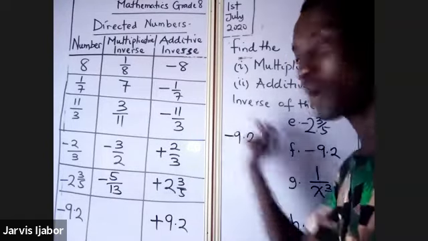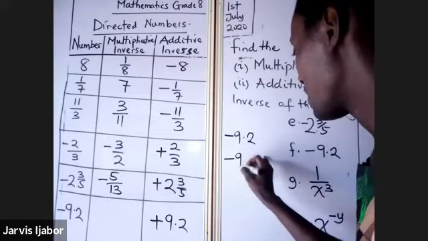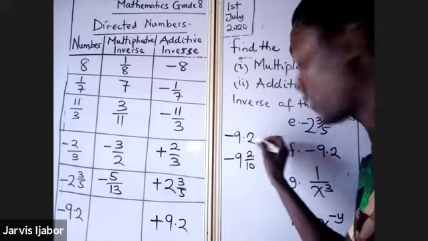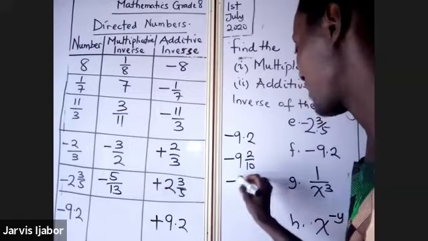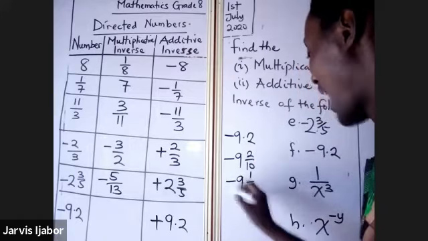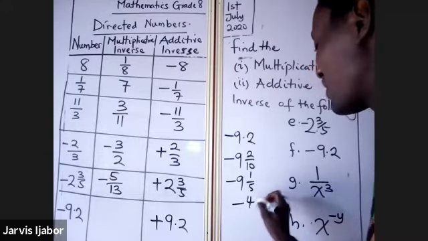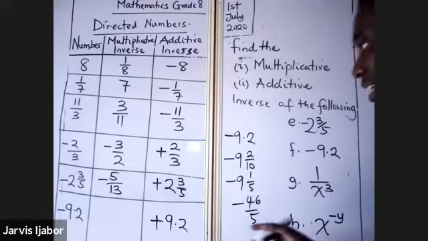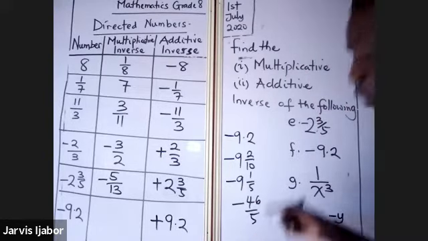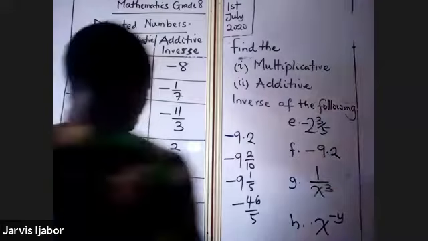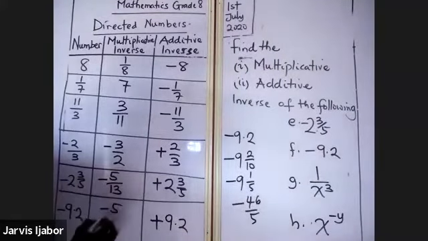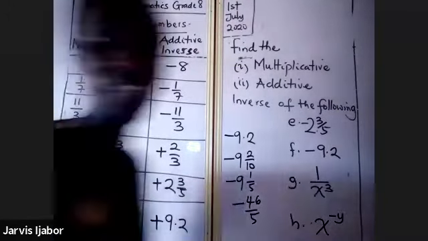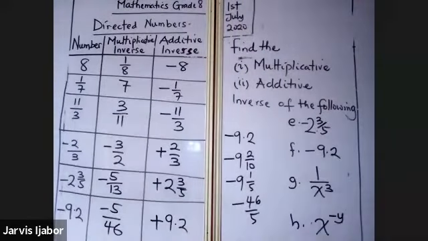I'll convert this to a proper fraction. This will be 9 times over, this is 2 over 10. I hope you know this 0.2 means 2 over 10. So this will be negative 9, 1 over 5. And that becomes what? Negative 46 over 5. So what will now be the multiplicative inverse? It will be what? Turn it. And that will give you what? Negative 5 over 46. So please, if you didn't get it, just take note of your corrections now while I